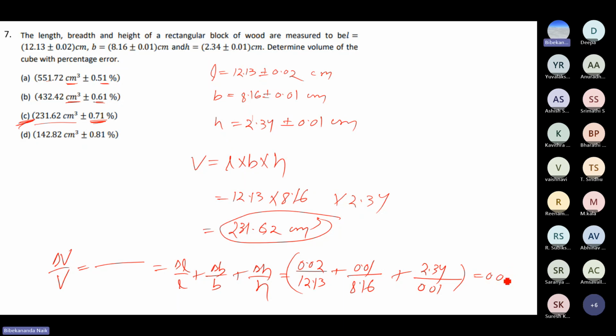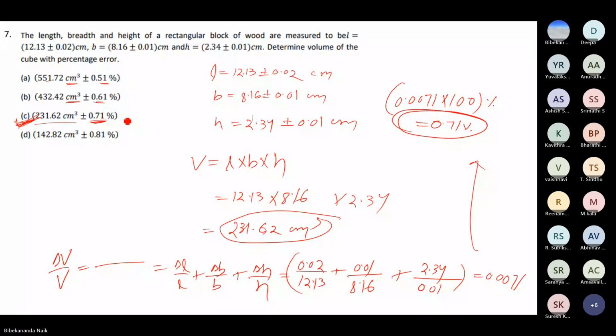How much? It will give you 0.0071. Then in terms of percentage, it will be 0.0071 into 100%. It will give you 0.71%. So the correct answer will be this C, 2.31, 0.62, 0.7. But if I write it in a different way, then it will be